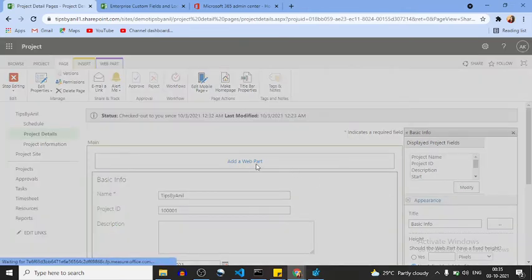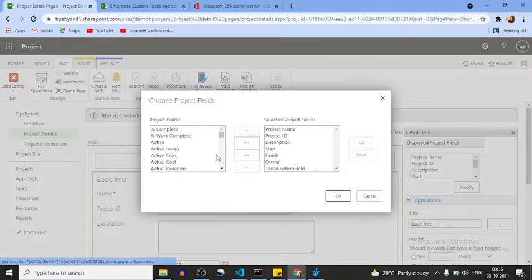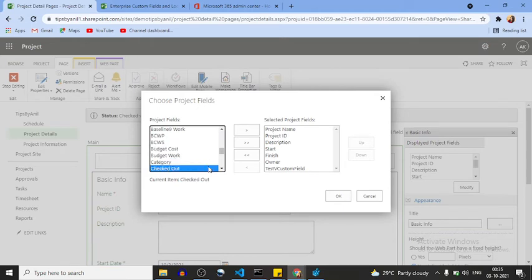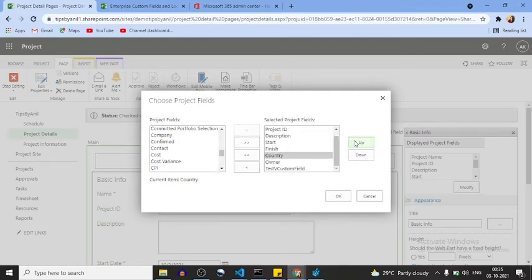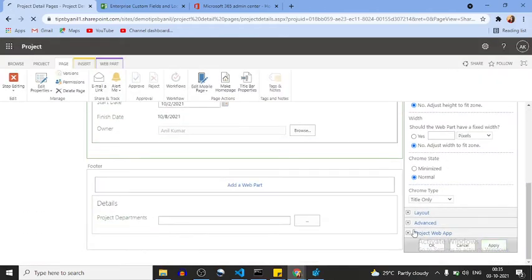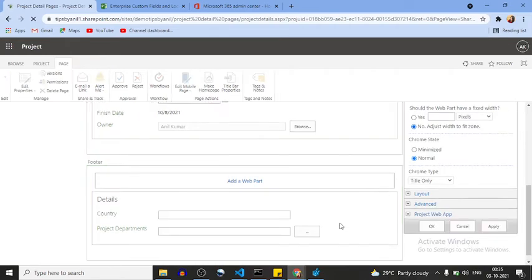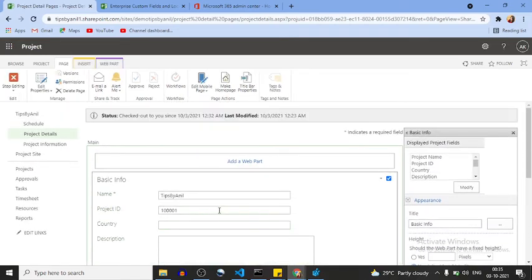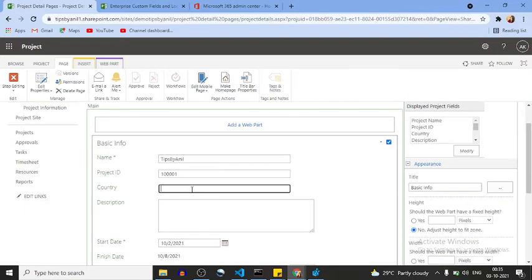Click on modify. Country. Okay, go up. Click on apply. Okay, now here you can see the country.